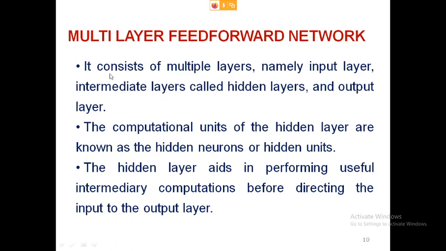So the hidden layer is for intermediary computations before directing the input to the output layer. That means the hidden layers are used to improve the performance of the overall system. Earlier we needed to adjust only the weights, but here you will have multiple weights, between the input and the hidden layer and between the hidden layer and the output layer also.